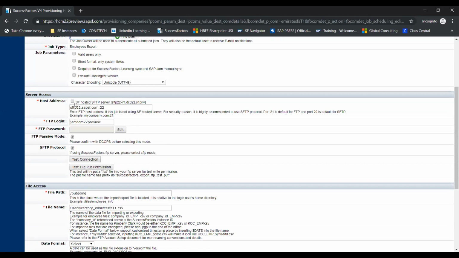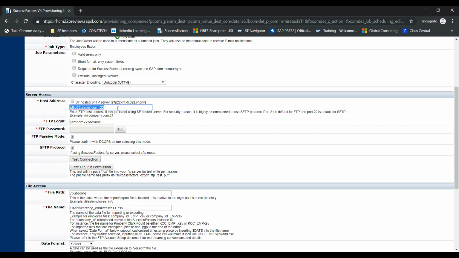These are all SFTP credentials you will be getting from SAP: your SFTP login, SFTP password, which you will be maintaining here. You can see the host address, FTP login, FTP password, SFTP protocol. All this access you will be getting from SuccessFactors. SAP will share this, and you have to maintain these credentials, like SFTP22.SAPSF.com.